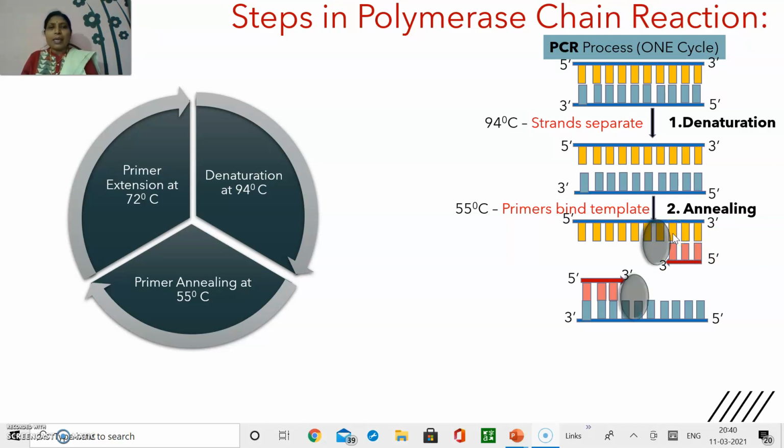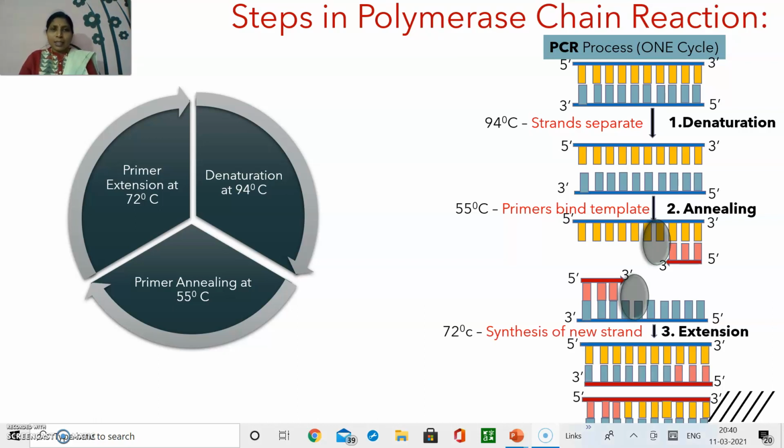The next step, the last one, is the extension activity. The extension activity will be continued by the polymerases. The polymerases which can continue the elongation process here are the thermostable polymerases, which are mainly the Taq polymerases. The Taq polymerase gets attached to the 3' end of the primer, and it is capable of attaching the new nucleotides and continuing the primer extension, or simply you can say the polymerization activity or the extension activity.